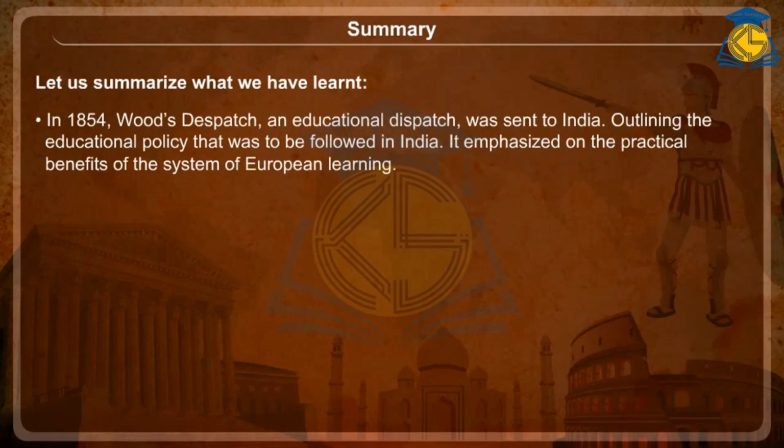In 1854, Wood's Dispatch, an educational dispatch, was sent to India, outlining the educational policy that was to be followed in India. It emphasized on the practical benefits of the system of European learning,